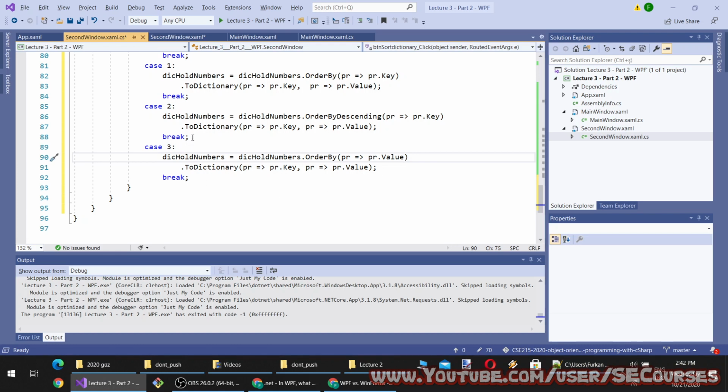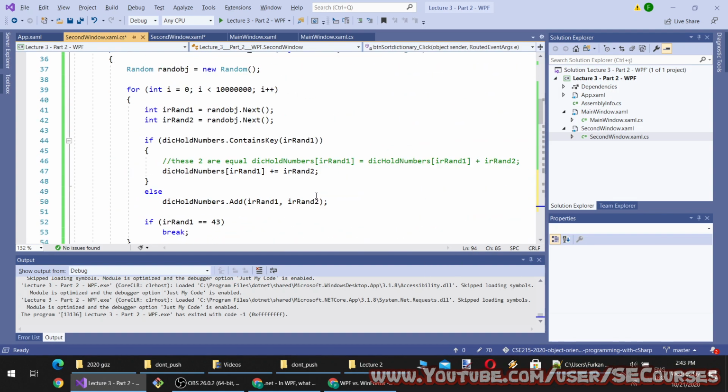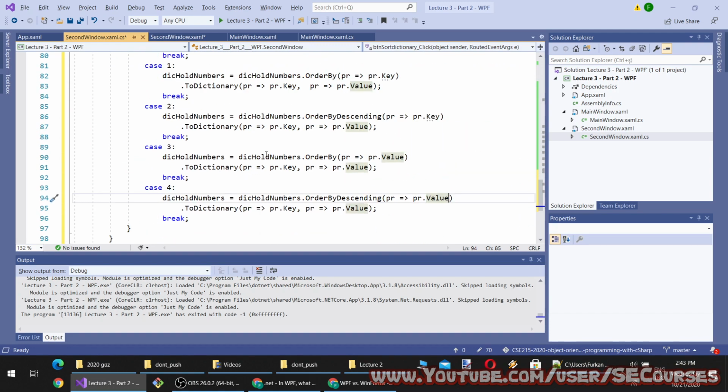Case 4 will be ordered by key, then value ascending. So I have covered all 4 cases, and you see I am assigning the dictionary to its sorted version.